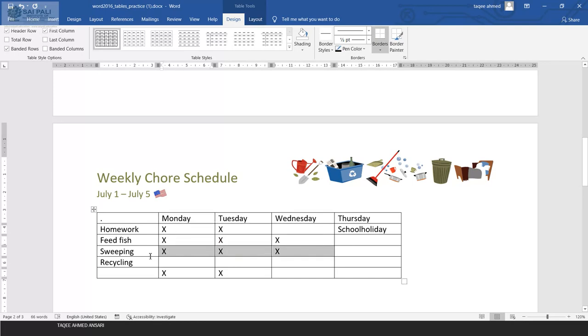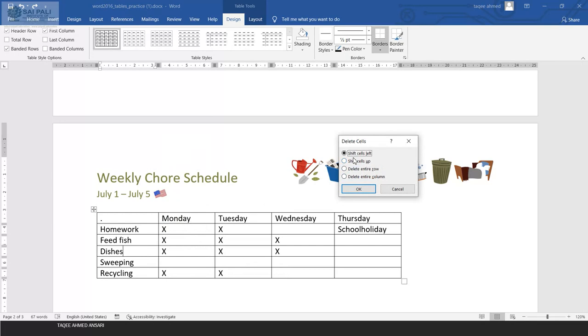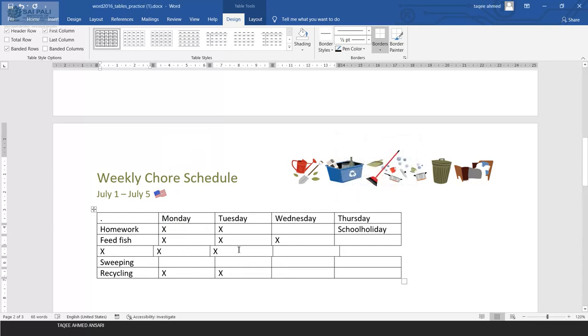If you delete a single cell from the right side also, and move it to the left, now you see the whole row has moved this side, and the table is not looking good.